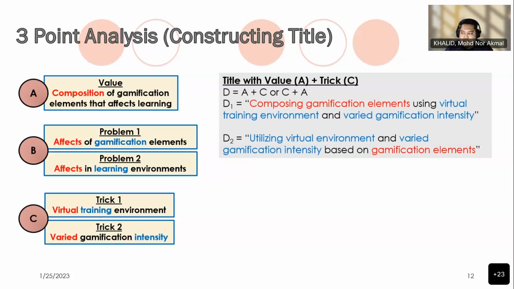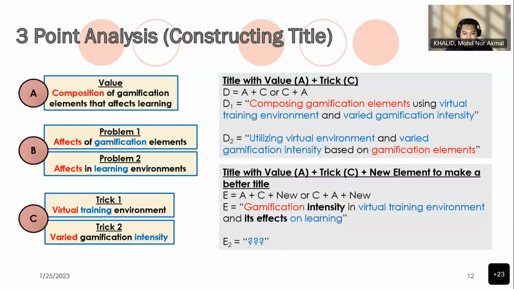Let's say D1 is focusing on composing the gamification elements. So you can see A, composition of gamification elements, and C is the trick. So how you actually achieve this, by using virtual training and varied gamification intensity. Of course, you can have multiple tricks, multiple values as well, right? So yeah,